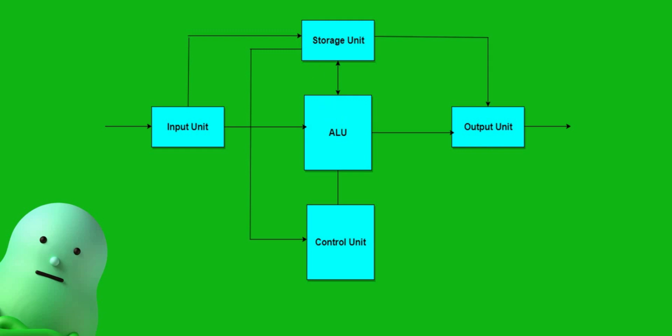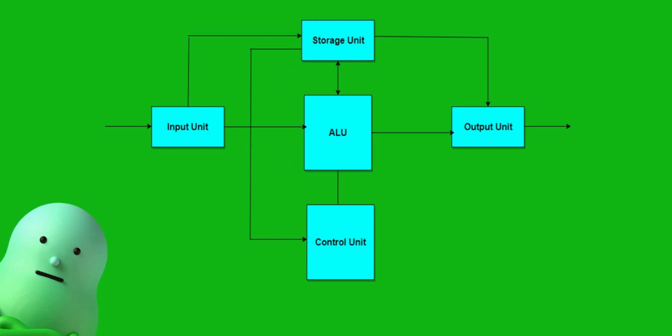Here we can see the picture of flow of data in a computer system. This is the input unit. From the input device, it gives the data to the CPU. CPU processes the data in a series of steps. This is the CPU. These three parts held together we can call as CPU. CPU processes the input in a series of steps.